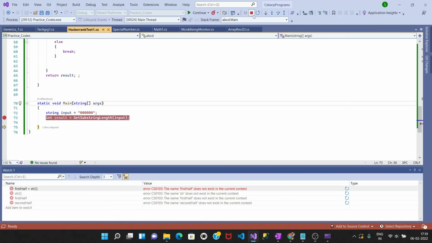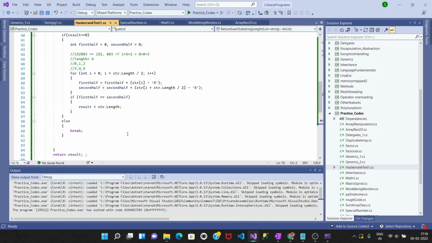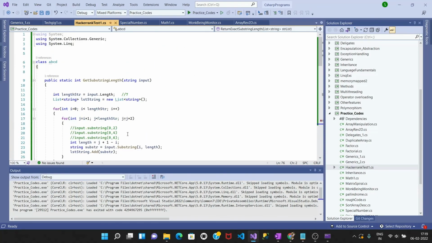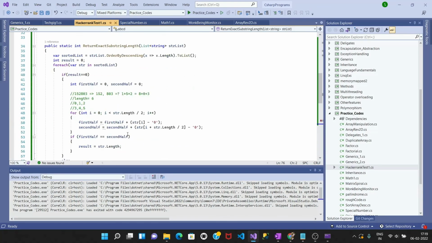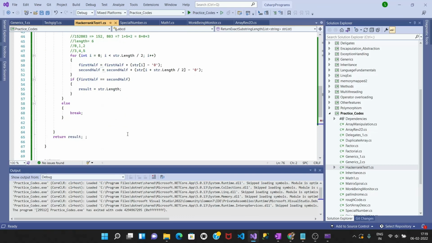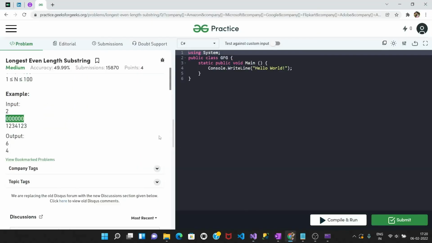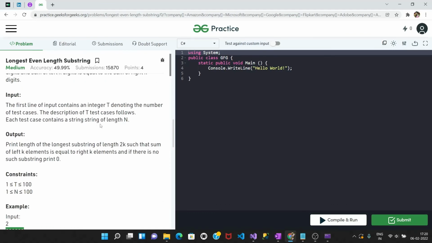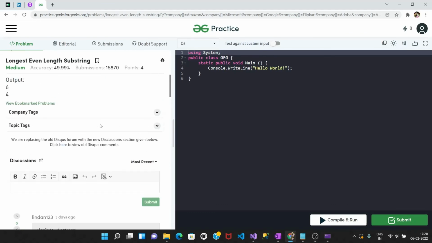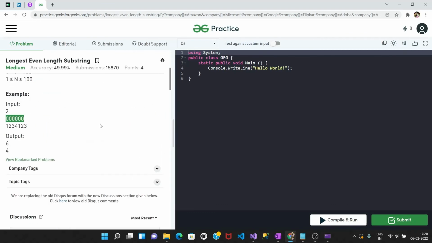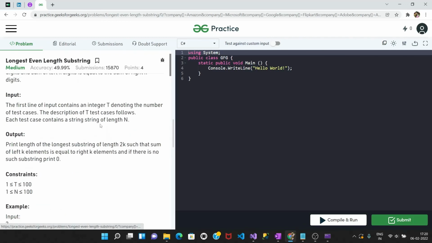Okay. Maybe there might be some more optimization. Obviously, there is a room for improvement in terms of optimization, which I can cover in the next session probably. Okay. So this is what this problem was all about. We'll try to optimize it in the next session probably, and I will try to submit it